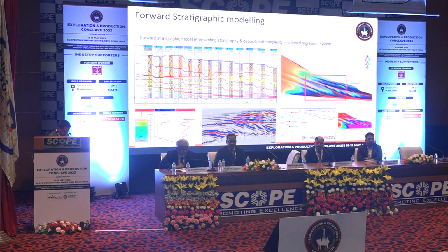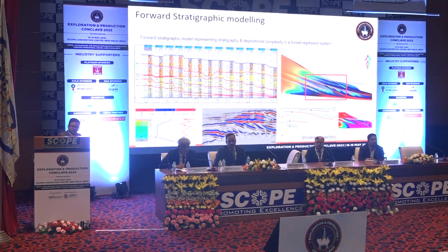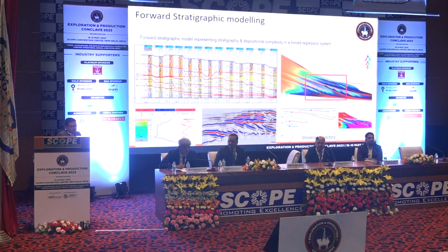This one is a recent addition and coming up quite a lot, and being recognized lately quite a lot. So forward stratigraphical simulation is basically a frontier exploration tool. Initial basin topography is considered, based on a reconstructed initial basement or initial surface that is to be modeled, and then boundary conditions are applied to the model, like provenance, sediment supply, sea level variations, and a forward simulation of the stratigraphy is performed based on various